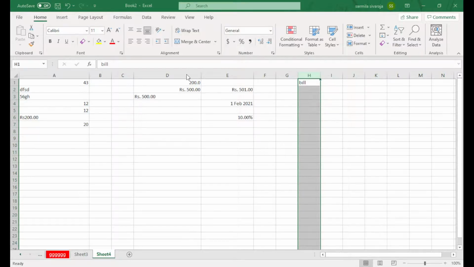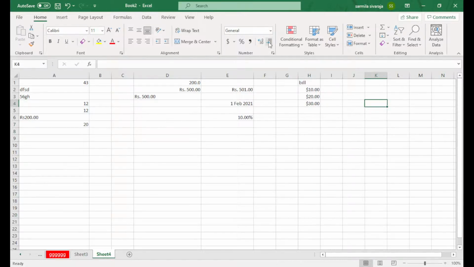Bill means I need to set currency format. I will select the currency option, the decimal option, and it takes dollar with two decimals by default. I will say okay. Then I will type 10. By default it takes this format, 20, 30. So this is another way to fix the column-wise format.